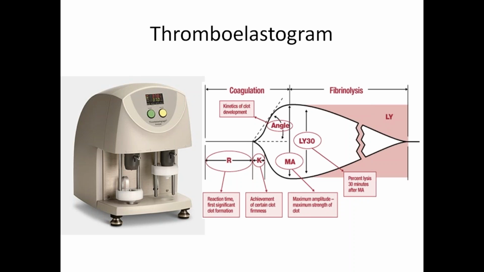The force required to rotate the rod is depicted in a graphical representation, and that gives an idea of how the coagulation is initiating, how it's maintaining, and how the clot is lysed. This is the kind of graph you get. This is how the normal graph looks, and depending on the various measurements you can make,